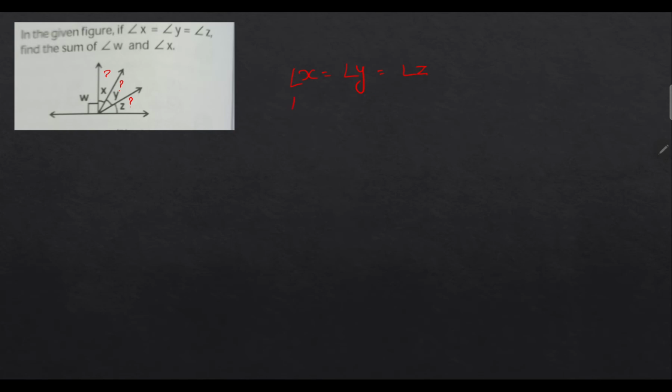This means if angle X is X, so up Y also you can write down X. So Z also you can write down X. So now the whole line, the sum total of all the angles will be 180 degree, linear pair. So what I'm going to do is angle W plus angle X plus angle Y plus angle Z is equal to 180 degree. Reason is linear pair.